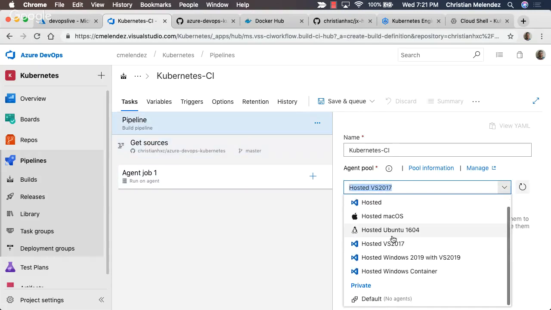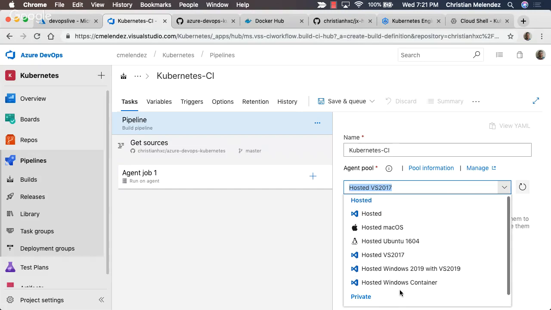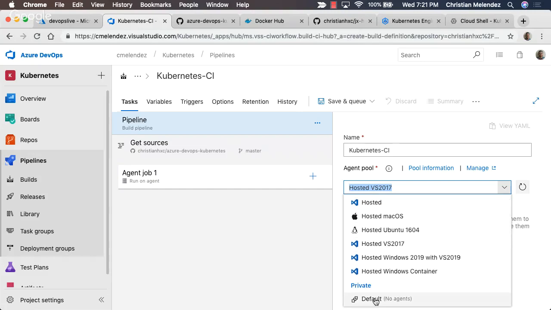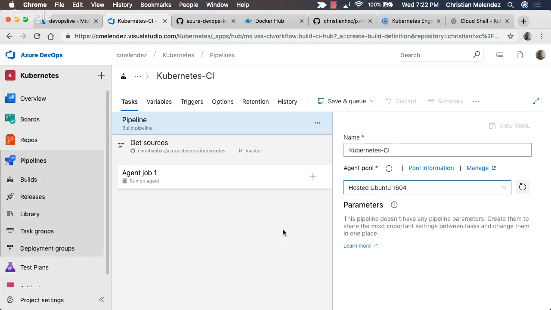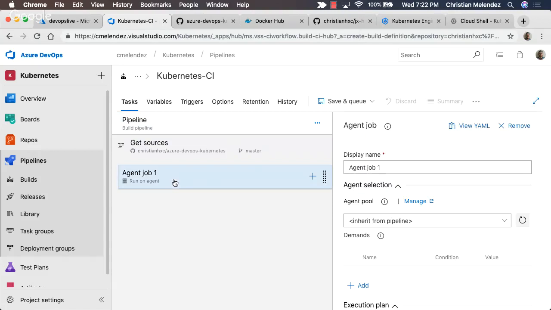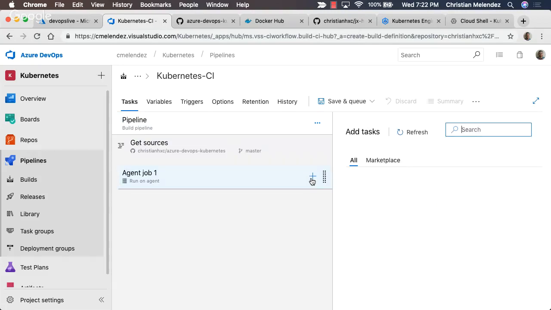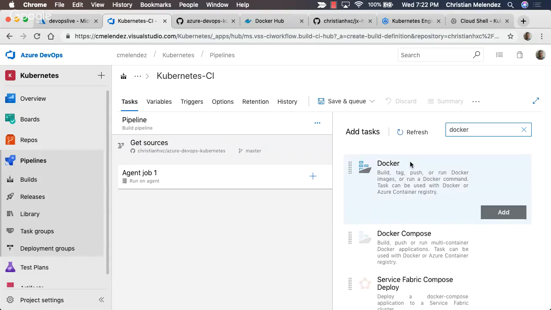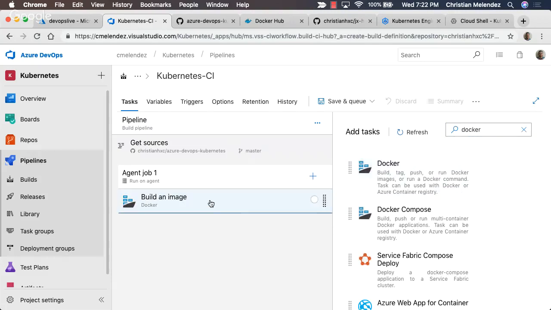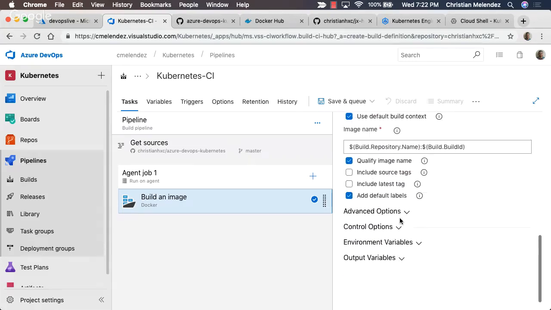For example, these are managed by Azure, and if you already registered an agent that you configured on your own, it will appear here. By default, I will use Ubuntu, because I'm creating a Docker image that is using Linux containers. It is just as easy as clicking add, adding Docker here, and configuring everything that I just did before. That's how easy it is to build those pipelines here.